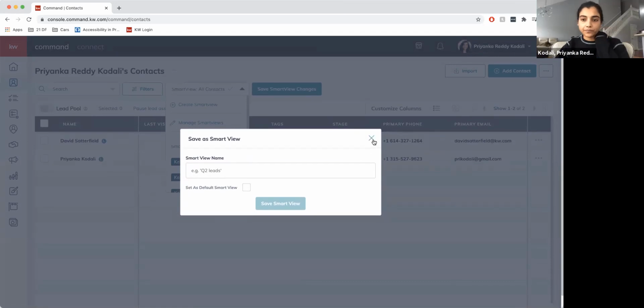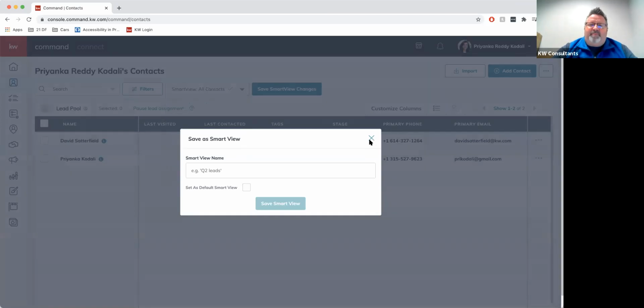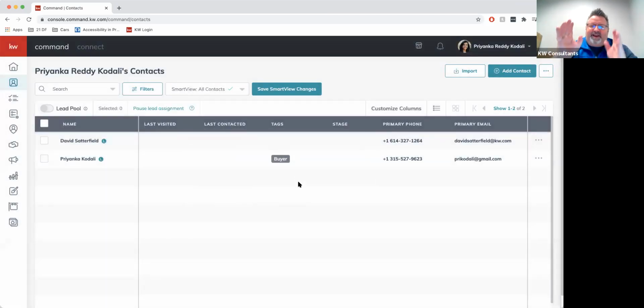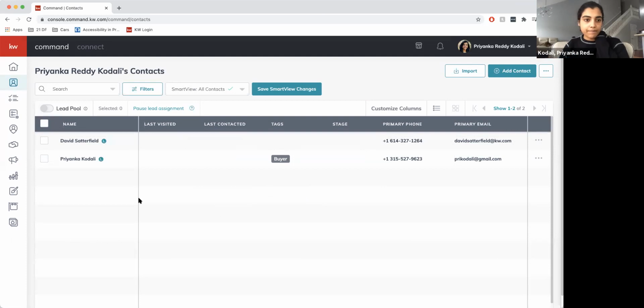Maybe you want the people that are buyers set up a certain way, or sellers a certain way, or, hey, I want all my pet lovers. I want the very first column to say the owner name and then the pet's name, etc. So that can help you with your workflow as well. Not something you'll need right now, but just know that it's there in the future when you get contacts going. All right, so if we go over there to the third button,